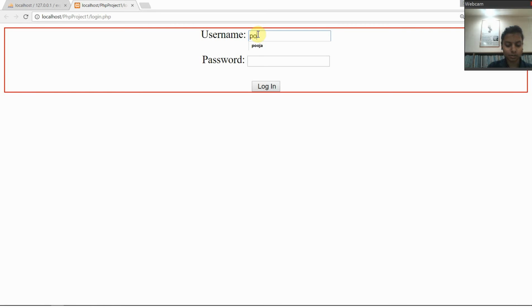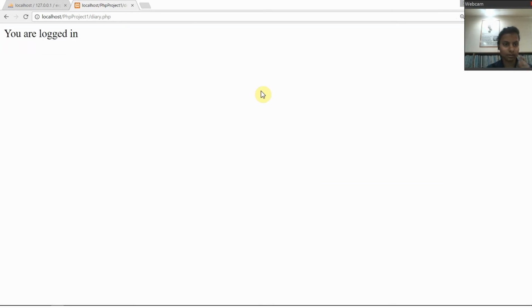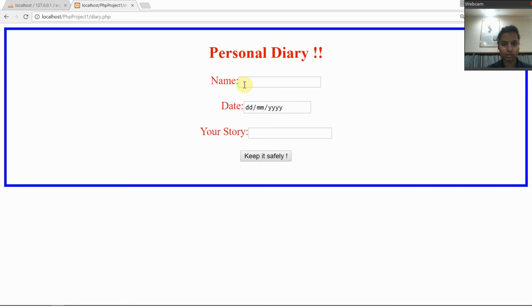My username is, if I give Pooja, my password is, and just log in. So we move to the next page, in which we need to enter a name,